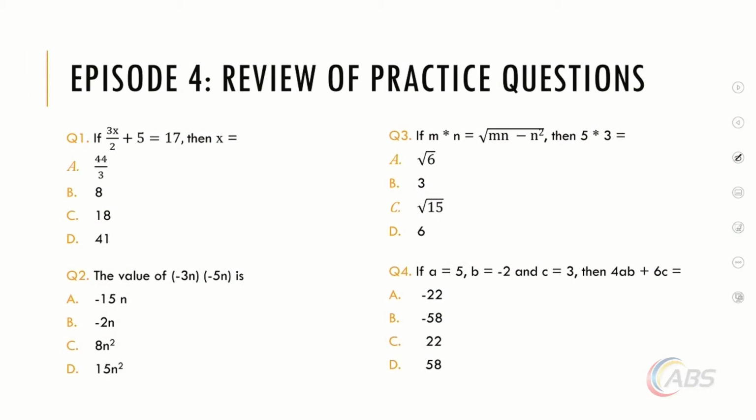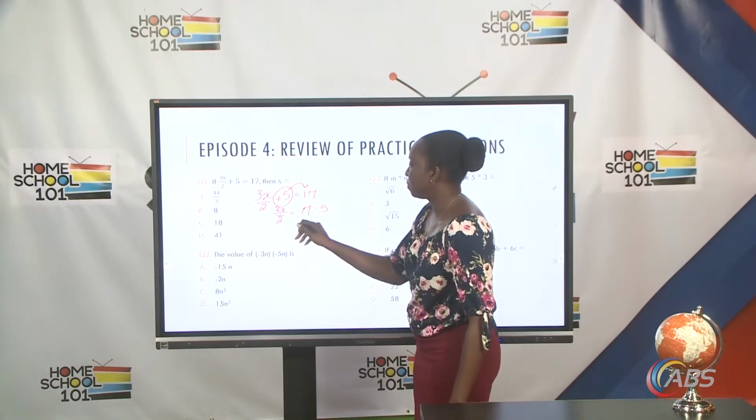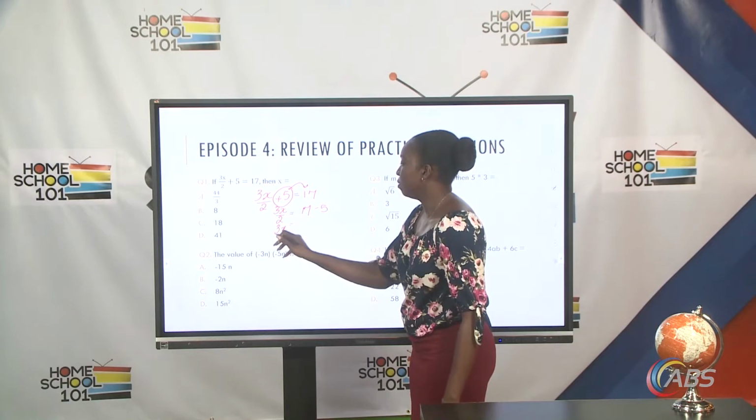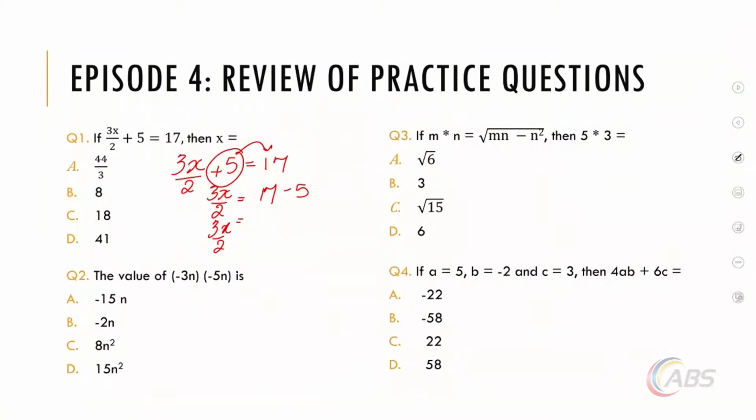Okay, so let's just rewrite the problem. We have 3x over 2 plus 5, and that's equal to 17. And so the first thing we're going to move is our plus 5. So on our left, we have 3x over 2, and that's equal to 17. And remember, when you take things across the equal sign, the sign changes. And so because the 5 was added, now it's going to be subtracted. So 3x over 2 is equal to 17 minus 5, and that gives us